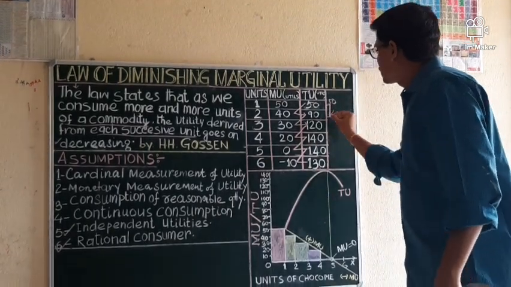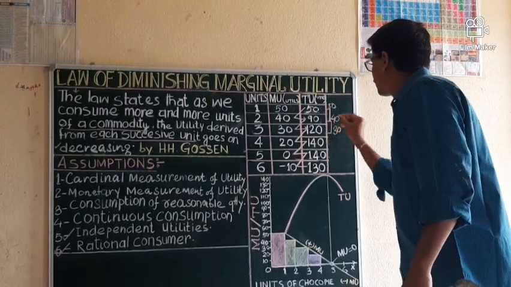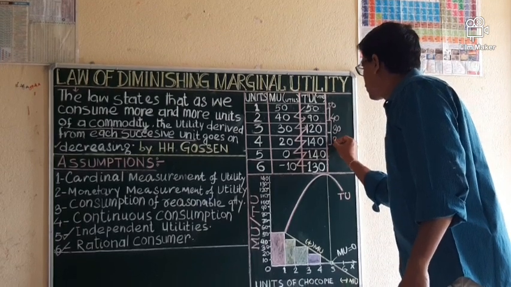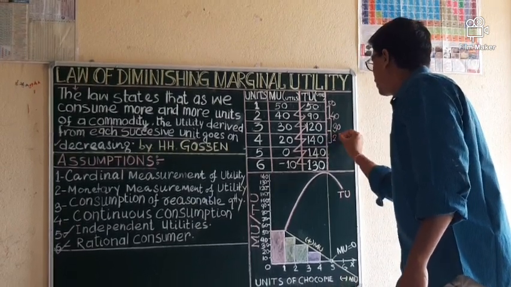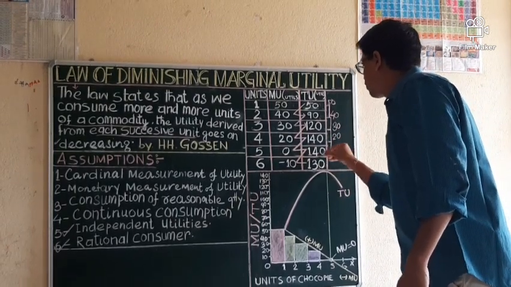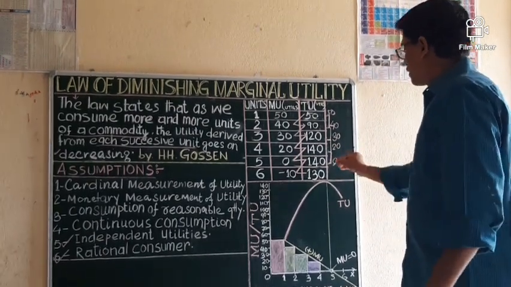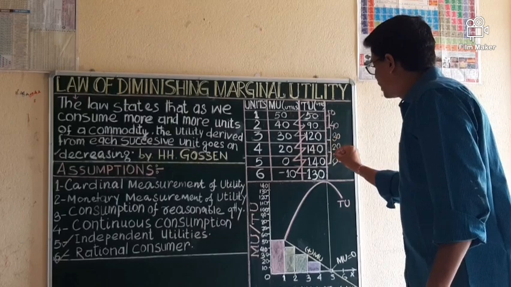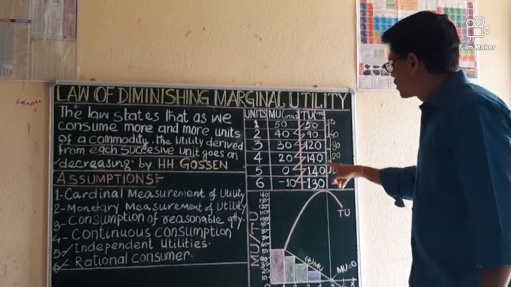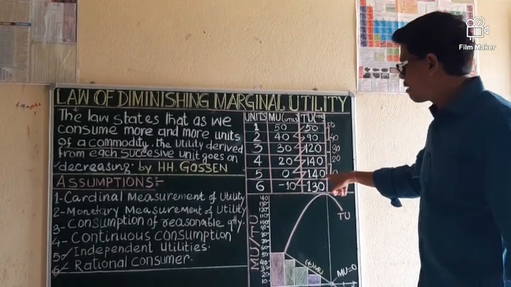Again we are proceeding to the next. Here the rise is 30. Again we are going to the next level. The rise is 140 minus 120, which is 20. And again we are going to the next. 140 minus 140 is equal to 0. This 140 and 140 is constant. So here the total utility is maximum and constant at the fifth unit of consumption where the marginal utility is